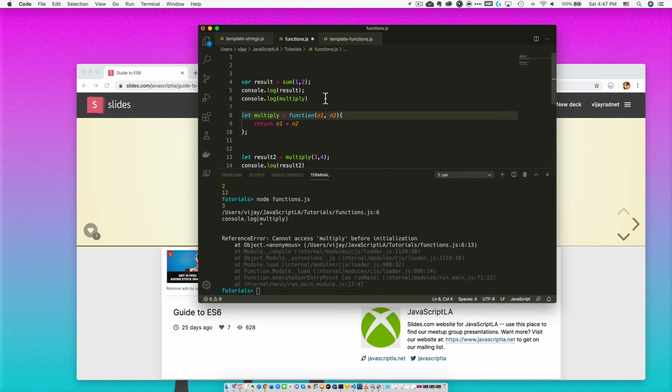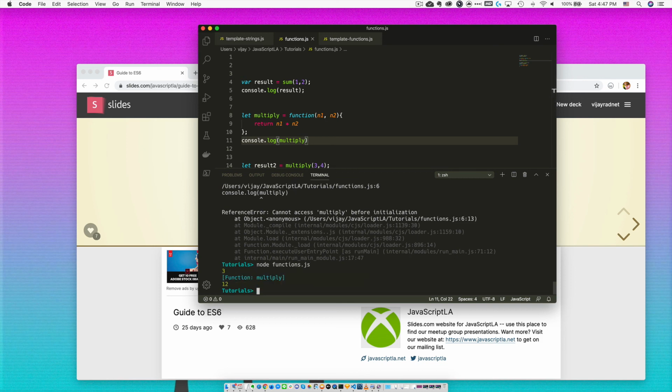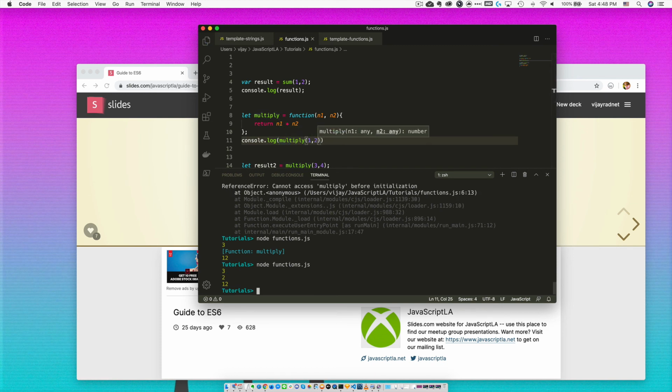Okay, so if I want this entire function to work, I have to now do it after the function has been defined. So here, if I run this again, you'll see I get the function statement. And then if I run the function call, that gives me 1 times 2. So that should help you understand the difference between var and let, and then function declarations as well